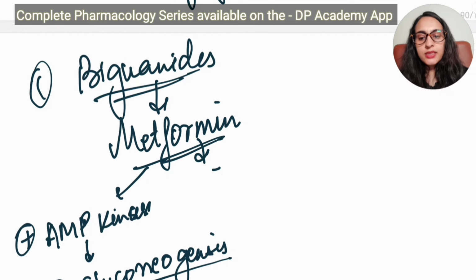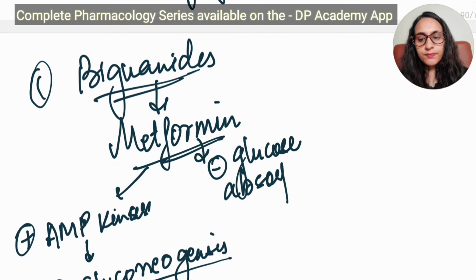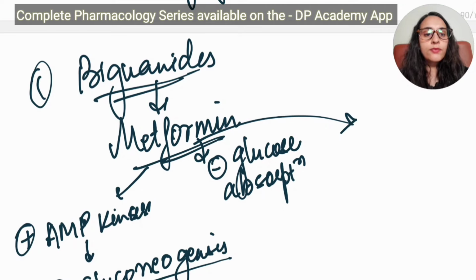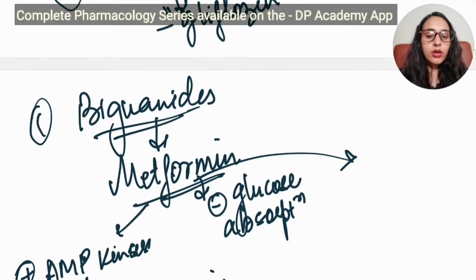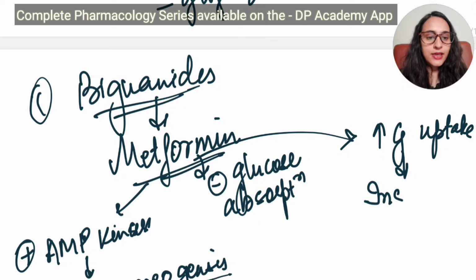Another function of metformin is inhibiting the absorption of glucose, so we are not letting the glucose be absorbed. Another function is that it increases glucose uptake, and this sensitizes the insulin. Therefore it is an insulin sensitizer,